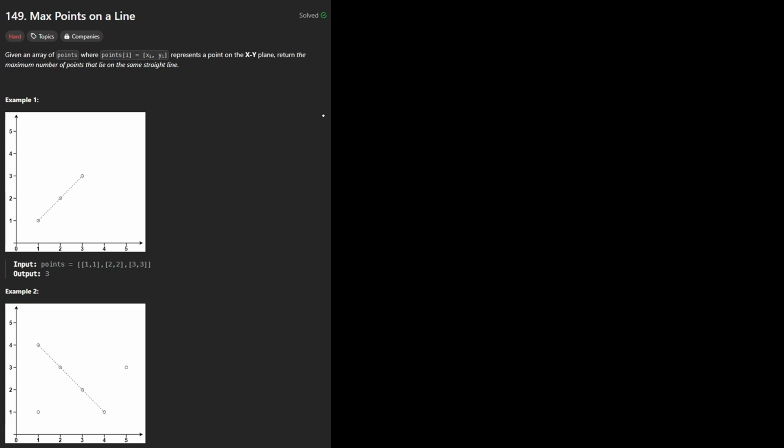If I have to find a straight line in a 2D plane, we get it by the equation y equals mx plus b, where m is the slope. Let's say I have two points, where the first point is x0, y0, and another point is x1, y1. So it can be represented by